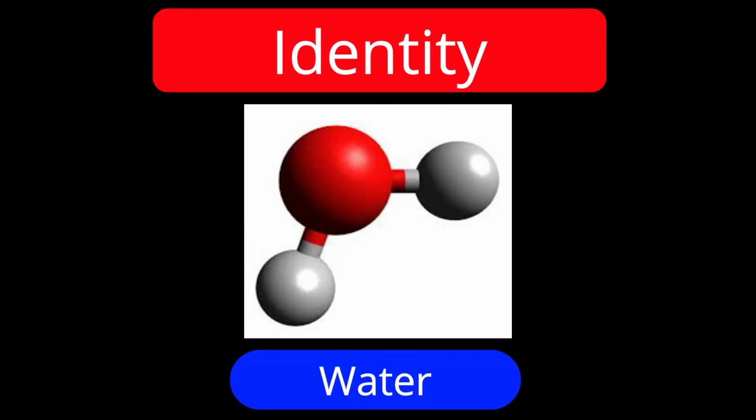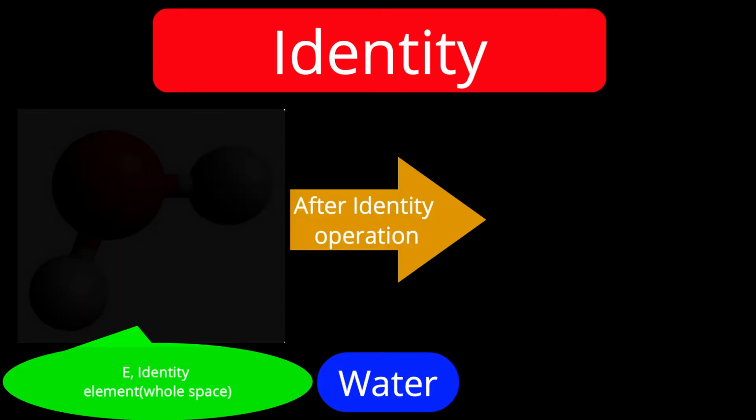Now I show you a few molecules and possible representation of identity element and possible operation. Actually here only one operation is possible, that is capital E. For this water molecule, how can I represent identity element? See here. Identity element is represented by black shading. It is covering the whole space, the water molecule and the points around the water molecule.